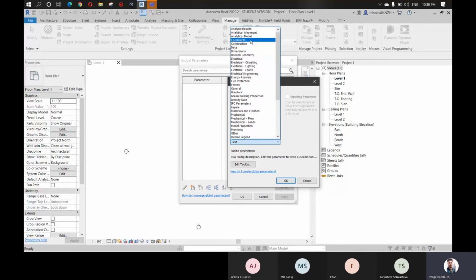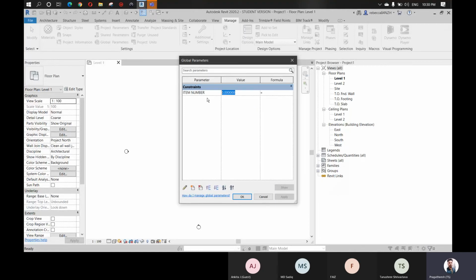Okay, so what you're seeing here is that they consist of simple values, derived from formulas or values taken from the models using other parameters. So that is the use of global parameters. You can just give a value, you can use a formula, you can also use other parameters as well. So that's the difference, not much, between project parameters, global parameters, and shared parameters.